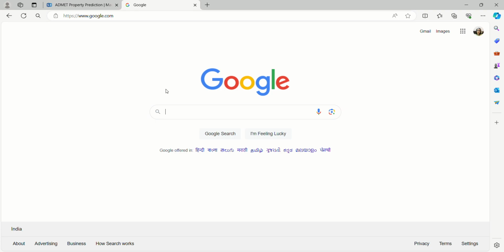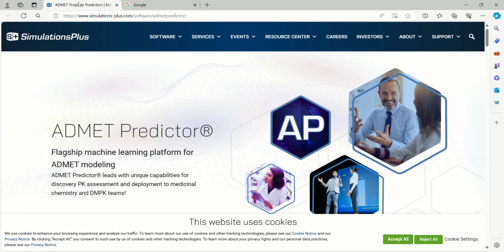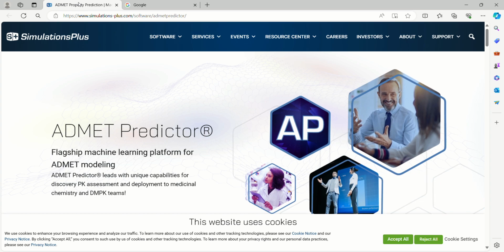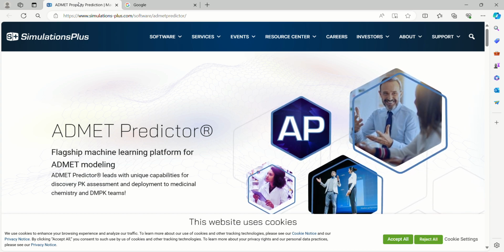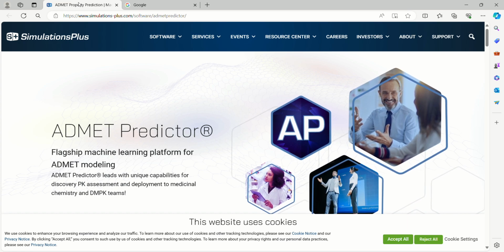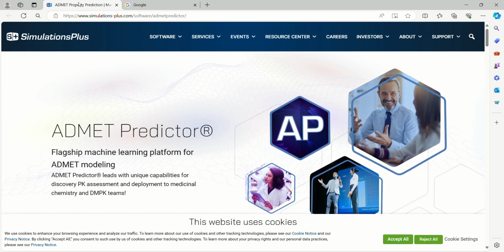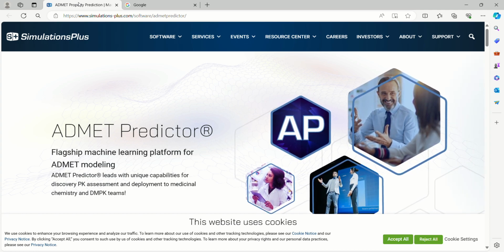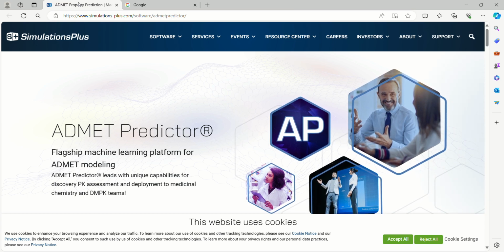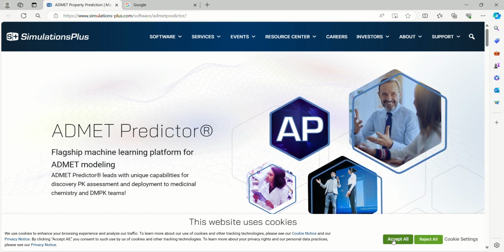For that I need to share one new simulator web server that is used to predict the ADME property of the compound. You can see the website is visible on my laptop. You can see the website is SimulationsPlus and the module is